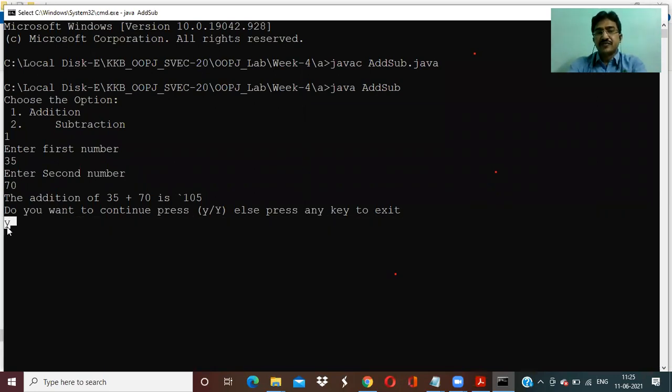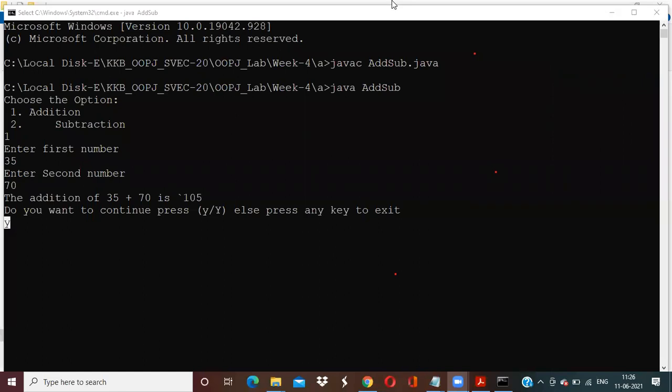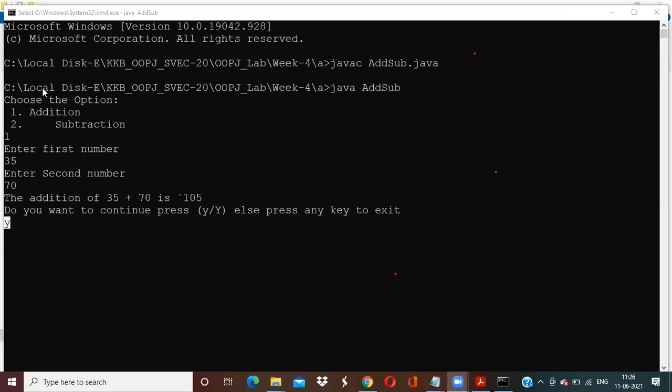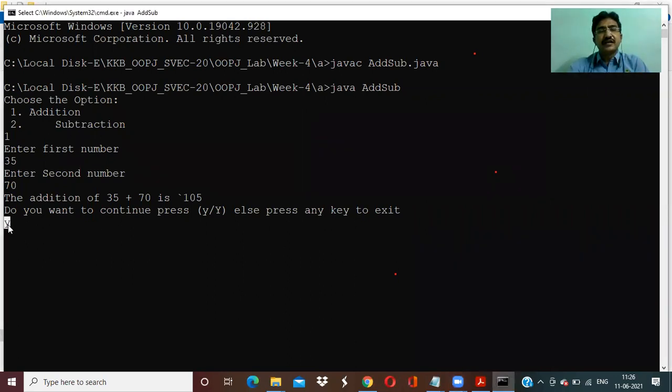At the 0th position. Where I have entered in the command line, I have entered at a position, at this character.